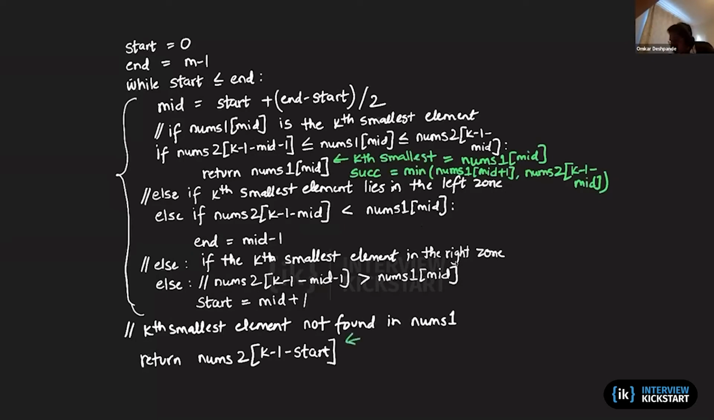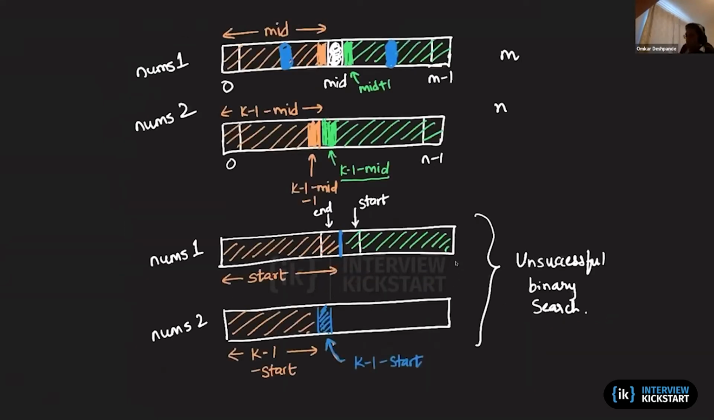Same thing here. Suppose I were to write the kth smallest value. Instead of returning it, I'm just going to replace it with a line that says the kth smallest value is nums2 of k minus 1 minus start. The question is, can I find the k plus first smallest element? Let's go back to this diagram where the kth smallest element was found in the second array because the binary search in the first array ended unsuccessfully. So the successor of this